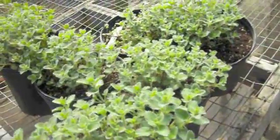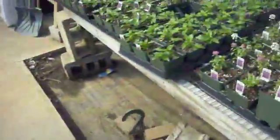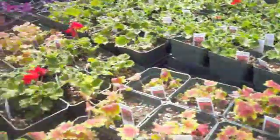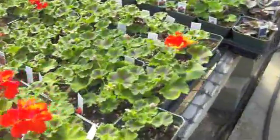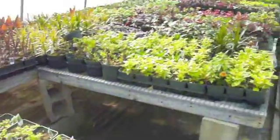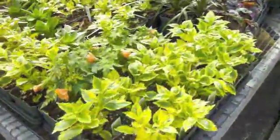Here we see some mint, and coming up we're going to see some, there we are, the variegated geraniums. Aren't they gorgeous? Mix those in, and of course they flower in the pink, white, and red, same as the old favorites, but my goodness gracious, I credit the container gardening for the increase in the popularity of these more varied, if you will,